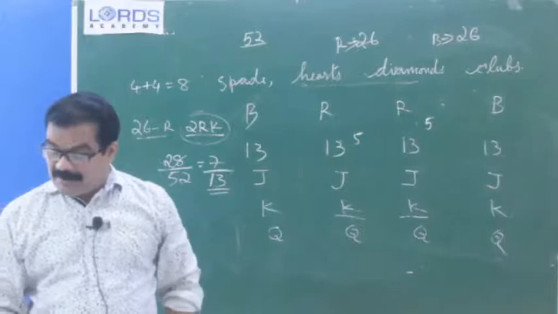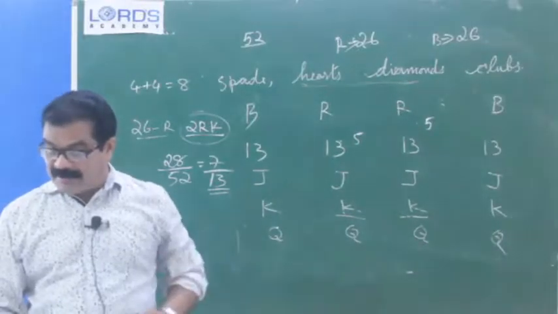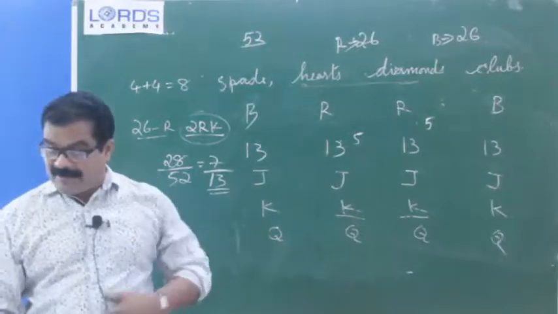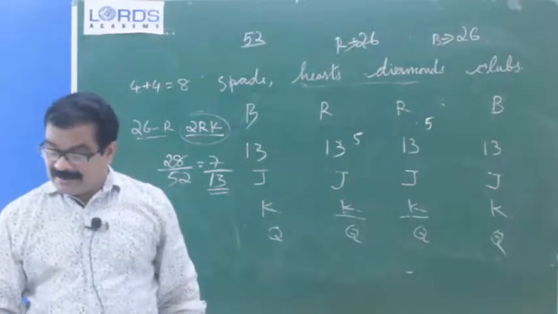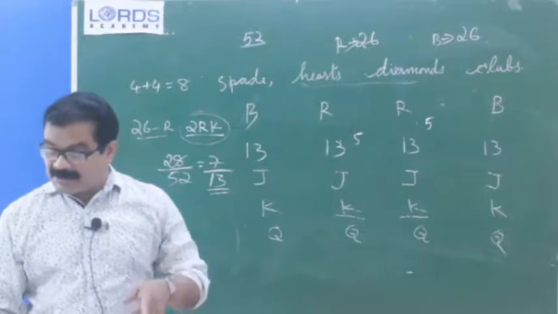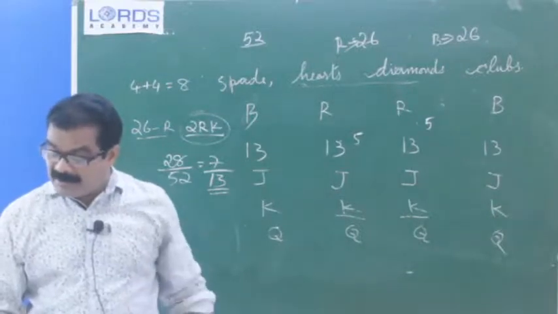Then what will be the probability of getting green or red? Green or red? The favorable case, tell me, how much you will get? 13 by 16. How will you get that? The favorable case is 7 plus 6, that is 13 by 16, okay.